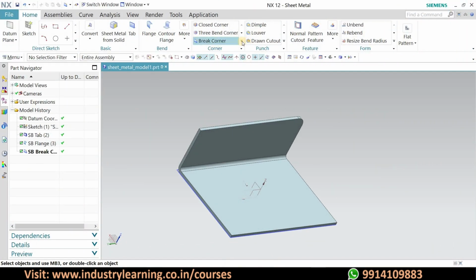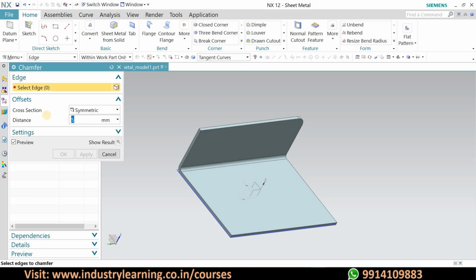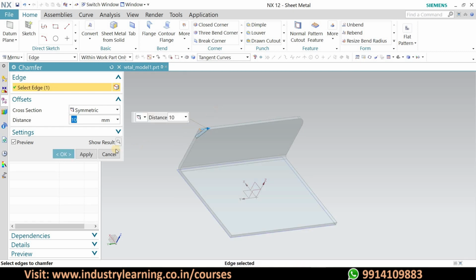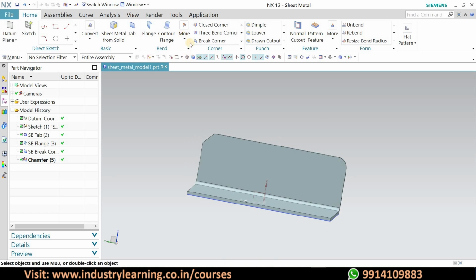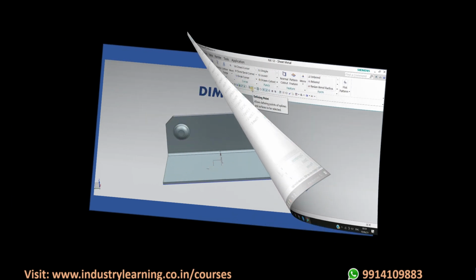And now in the chamfer option, directly we can select here and see the chamfer has been implemented. So this was the effect of chamfer and break corner, and now we'll see the next.